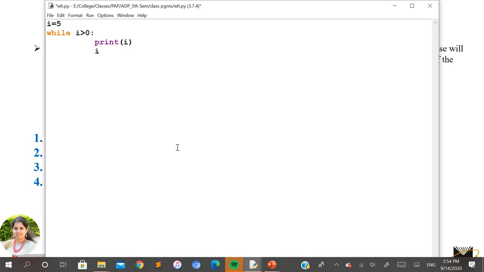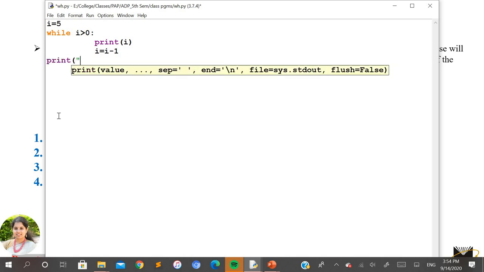Here I'll decrement i by 1. That's it. If you want to get out of the while loop, go back to the same indentation that is followed for the rest of the statements in this program. I'll just print a thank you.